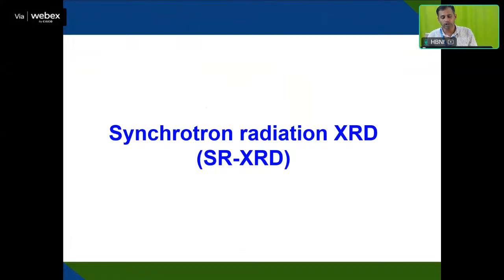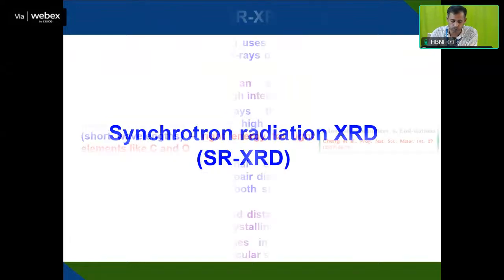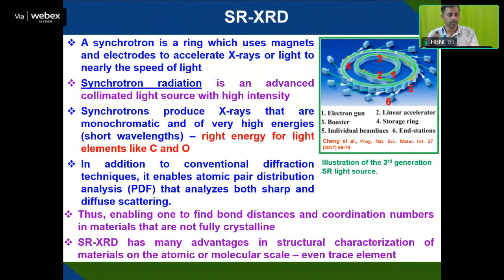So to get more information, like identifying a very low concentration of doping element, or even a lower time fraction to get a better result, we can go for synchrotron X-ray diffraction pattern. Here synchrotron sources are used as the X-ray source. If you see synchrotron XRD, first of all, it has a synchrotron,